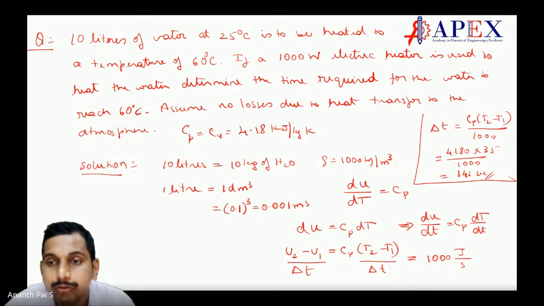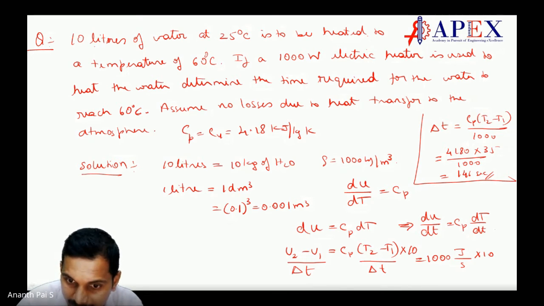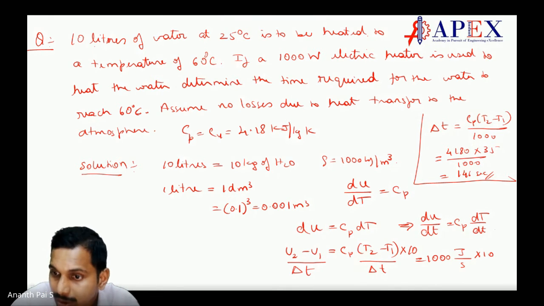For what? For 1 kg. Now this has to be multiplied, Cp is per kg. Now the energy which is there has to be multiplied by 10 kg. Correct. So here also this should be into 10 kg. So Cp into 10 kg has to be multiplied. Okay, I'm sorry, so many kgs. Mass has to be multiplied. mCp delta T, that's what we take.